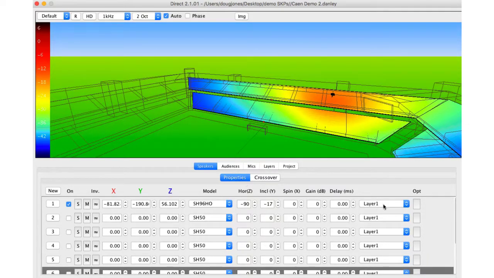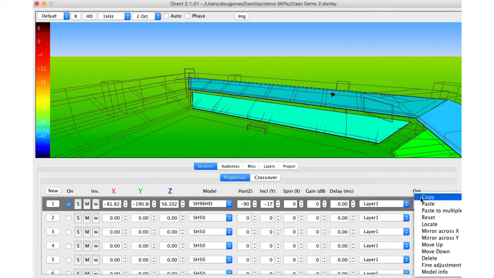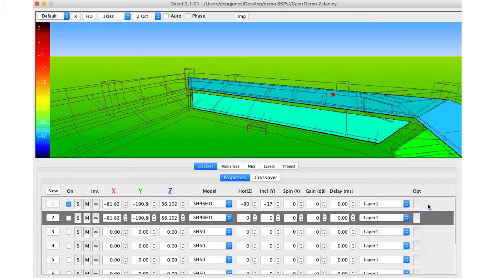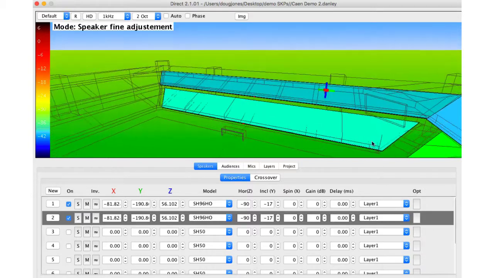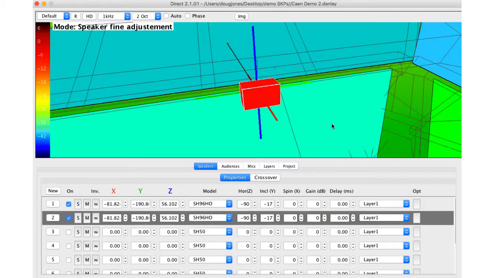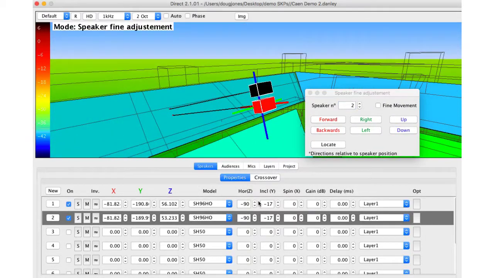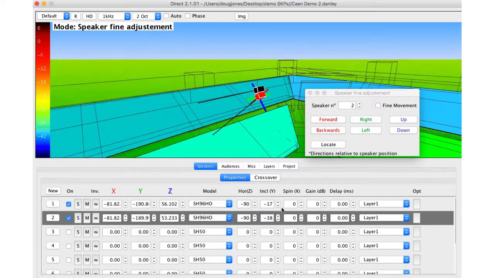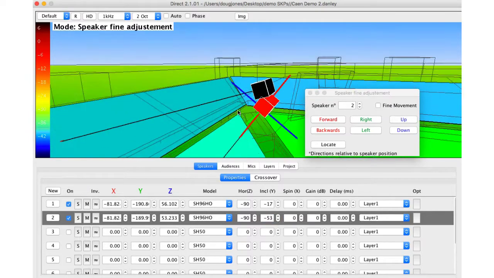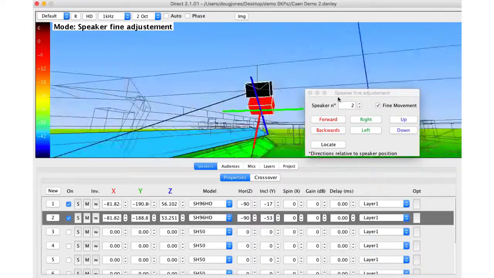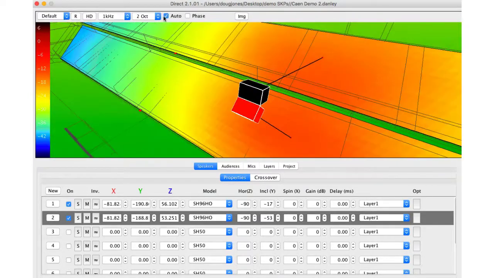So what I do is simply copy and paste the first one. Now I have two SH96HOs at the same location. Let's choose the fine adjustment mode for speaker number 2. There's a couple of ways to do this. You could right-click on Option, choose Fine Adjustment. Okay, once I have my speaker oriented the way I want, we can copy this new group and paste it